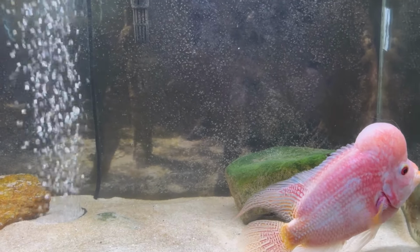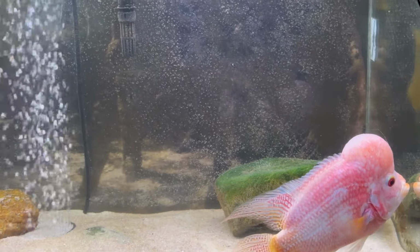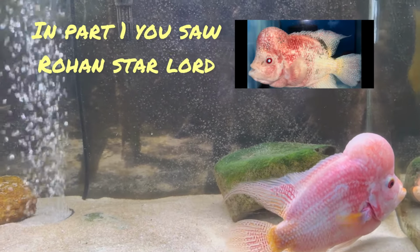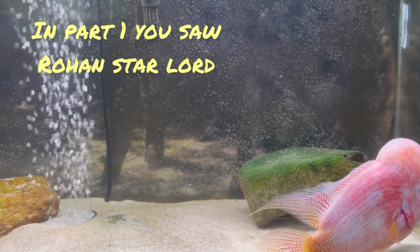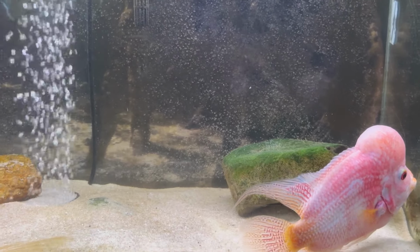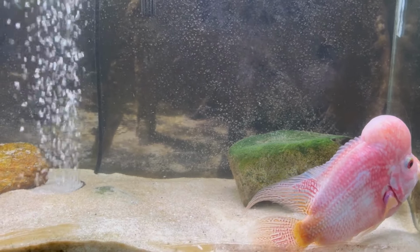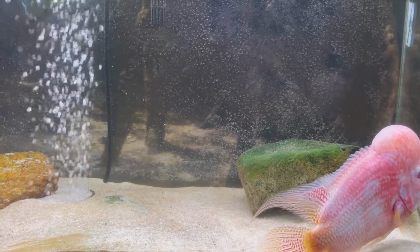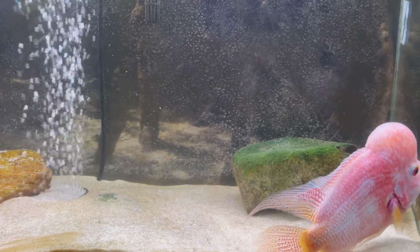All right, so this is my other flower horn. This is my dude right here. This is Roosevelt, aka Rose Gold. Roosevelt the flower horn. Rose Gold. That's my dude right there. He's beautiful. Hey Roosevelt,